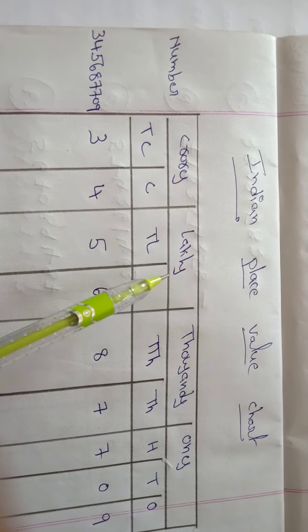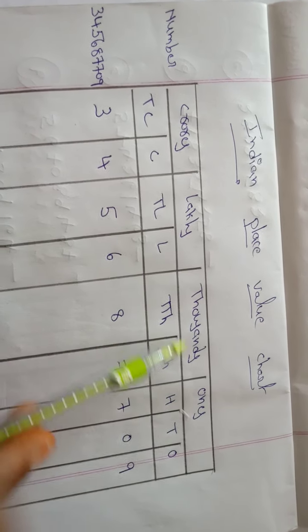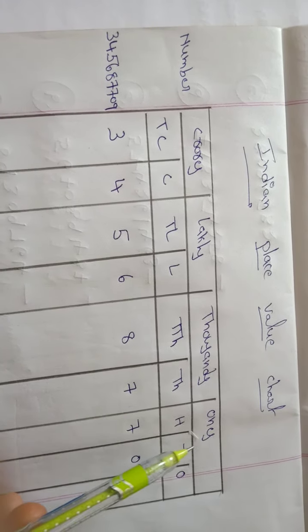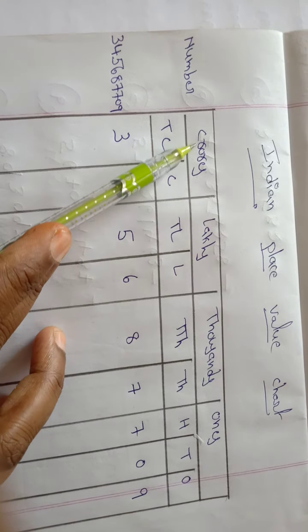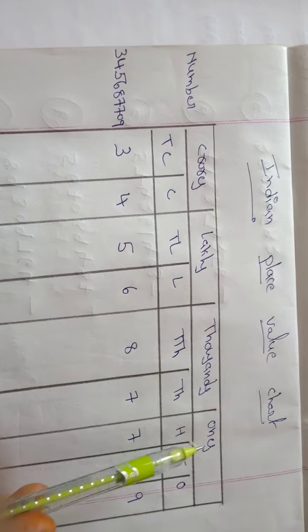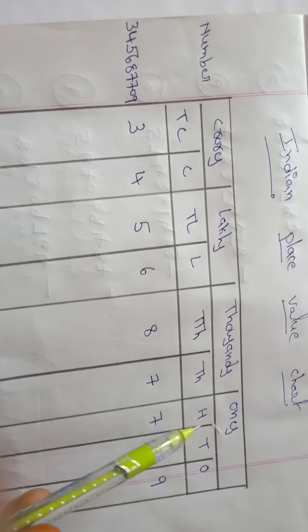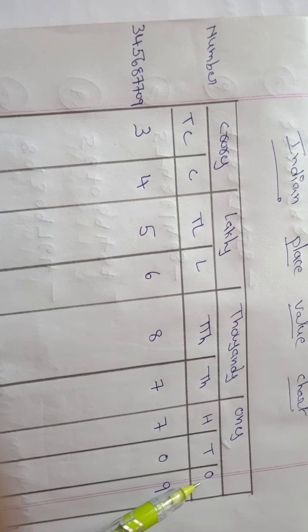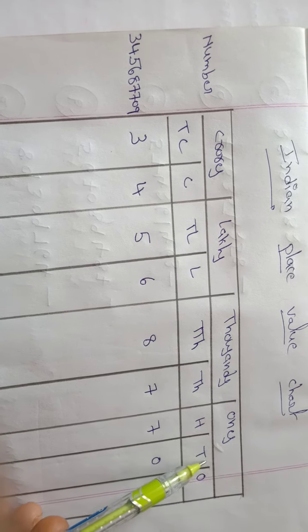So this is one of the important ones, right? Here is an Indian place value chart. It has ones, thousands, lakhs and crores. These are all the periods, and these periods are again divided into sub columns. The ones period is divided into 3 sub columns: ones, tens and hundreds.